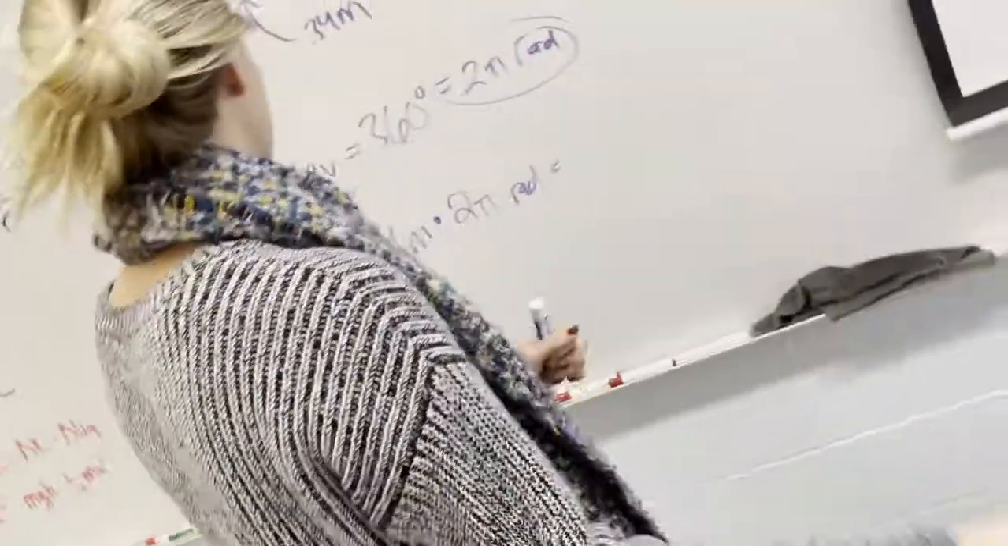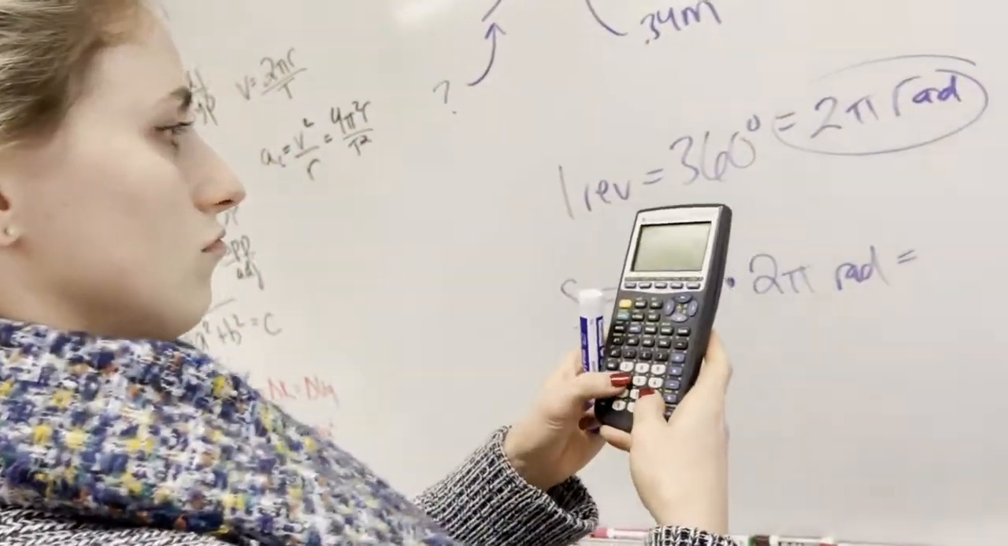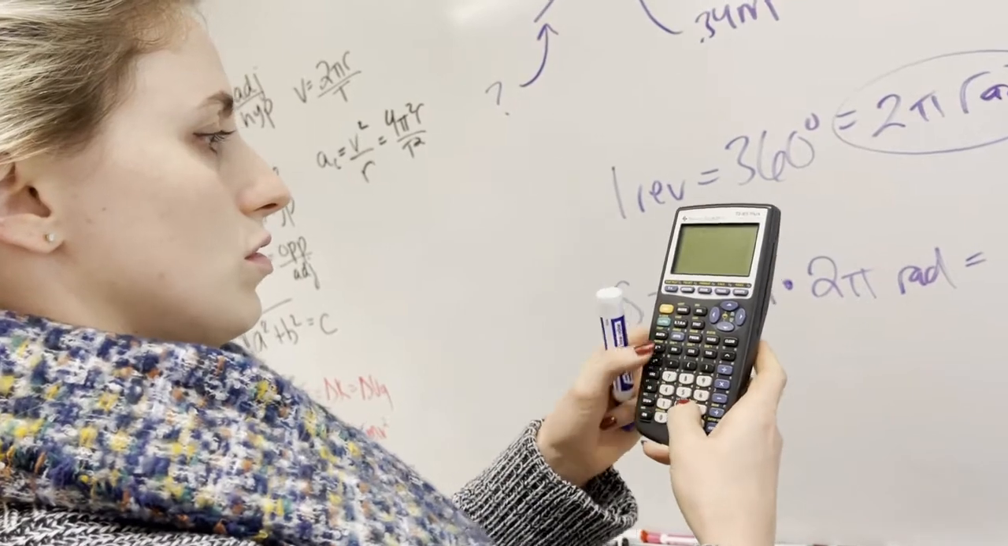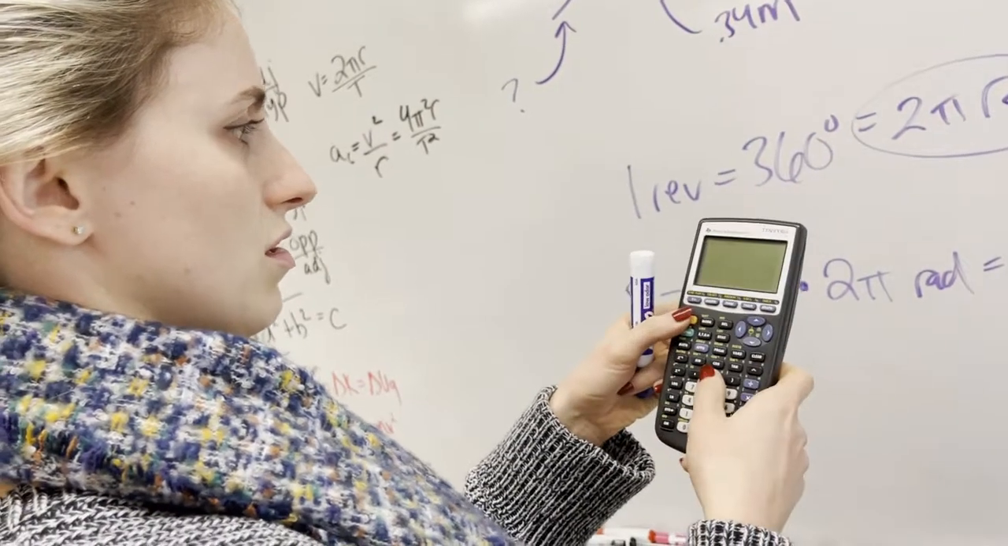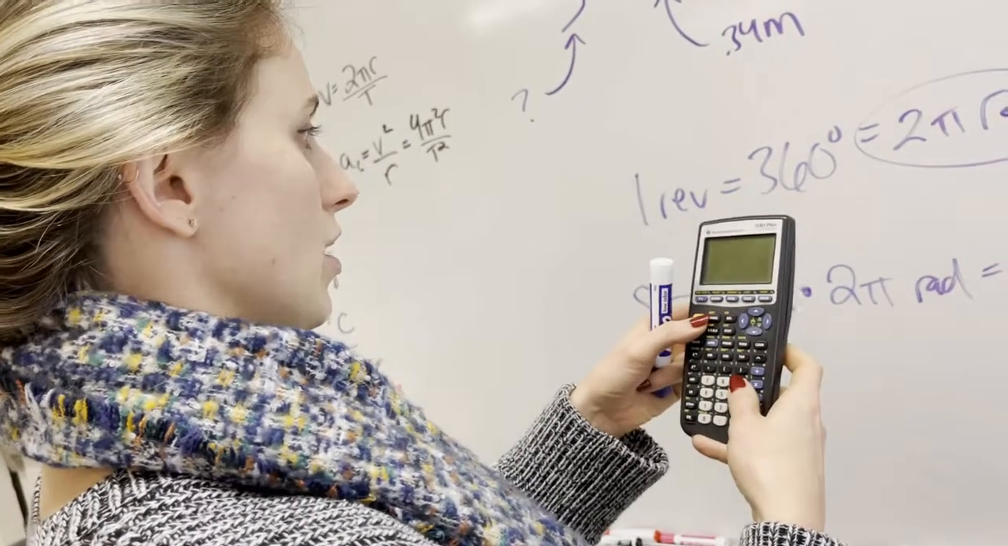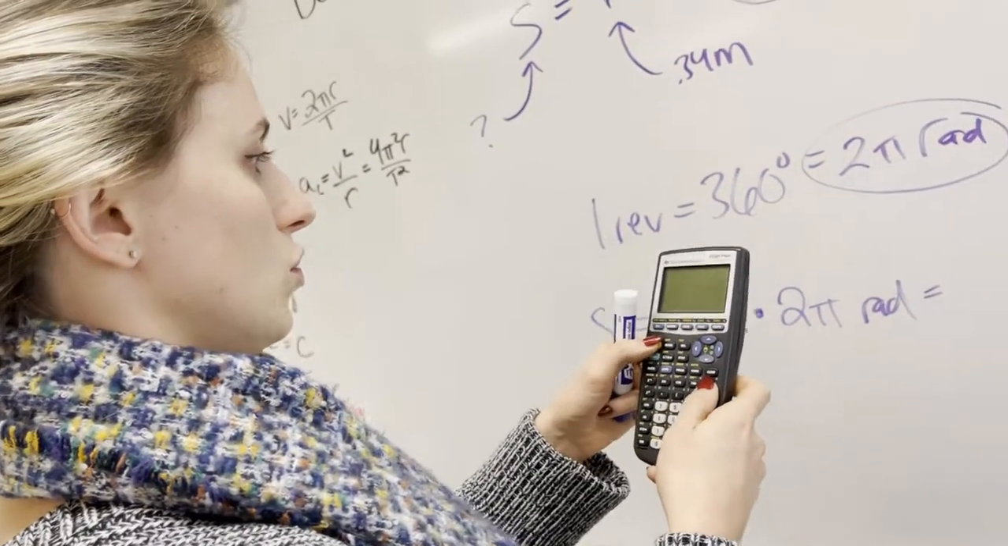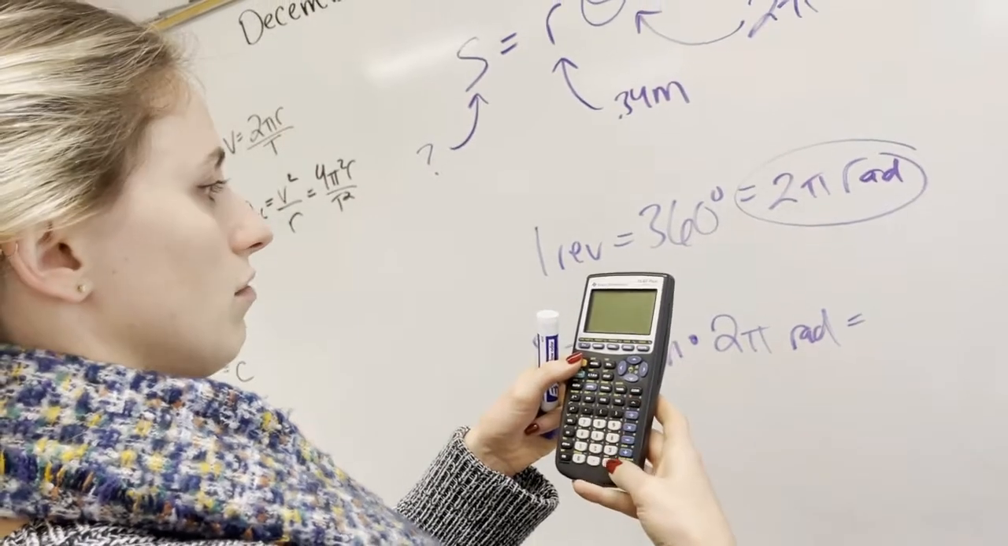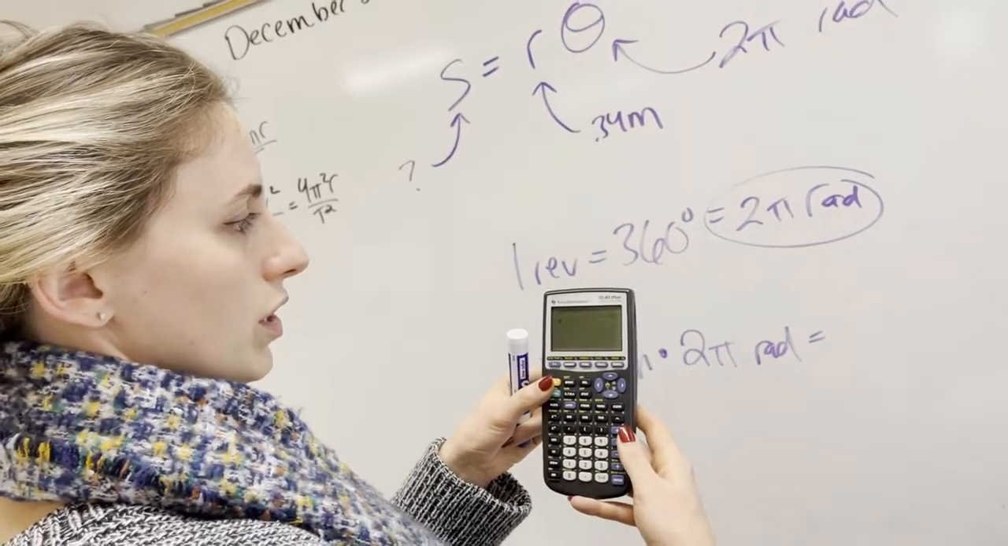Okay, times 2 pi. I should probably put that in parentheses, huh? No, you don't need to. It's for division. Oh yeah, you're right. 0.34, 2 pi. Oh, we're good. And I get 2.1